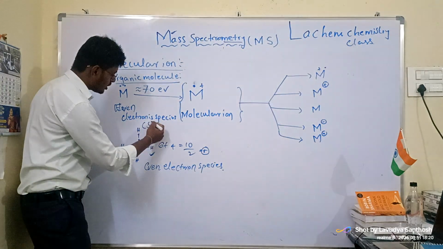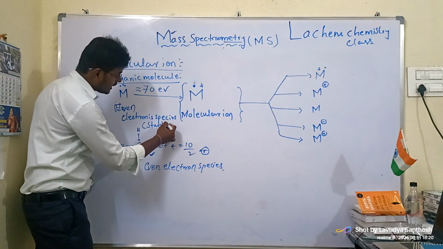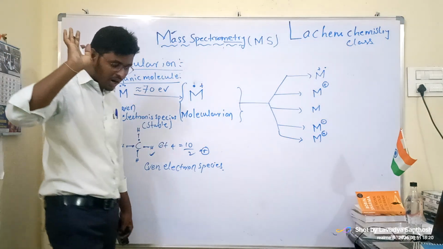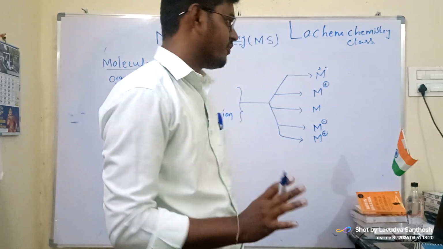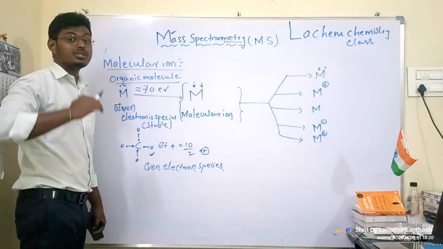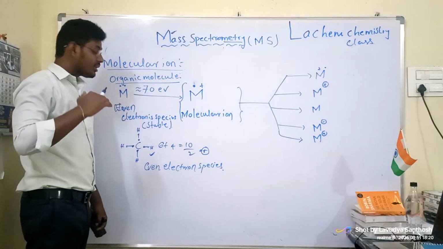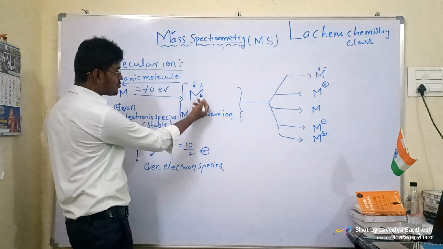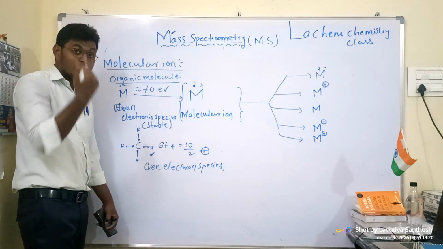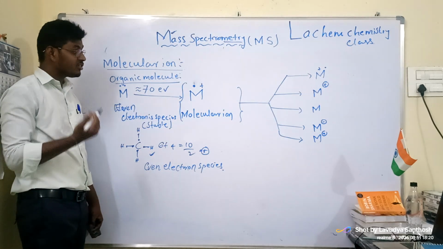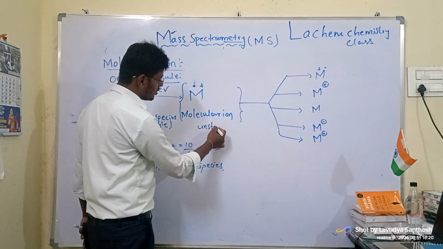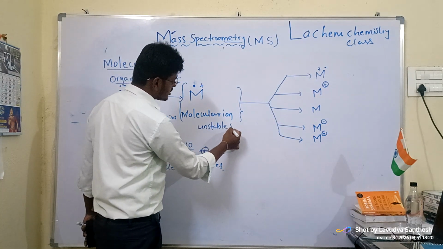Now, an even electronic species is very highly stable. In any compound, if it is unstable, we can't study it perfectly. So, to study it, we must take it to the excited or unstable state. It lost 1 electron, and now it is waiting for 1 more electron. So, this stage is unstable.